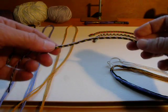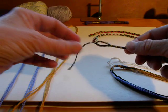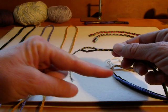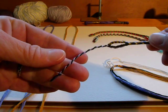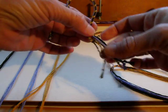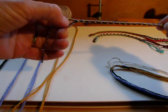So I made this 7-loop bracelet with an odd number of bicolor loops, and as I said, it had to have 2 ends hanging out at the top because the one single bicolor loop couldn't be looped around. It had to have the 2 ends. I twisted them and then twisted them together and tied a little knot, so in the bracelet, those 2 ends will kind of mix with the little braidlet ends of the other half. However, there is a way to make